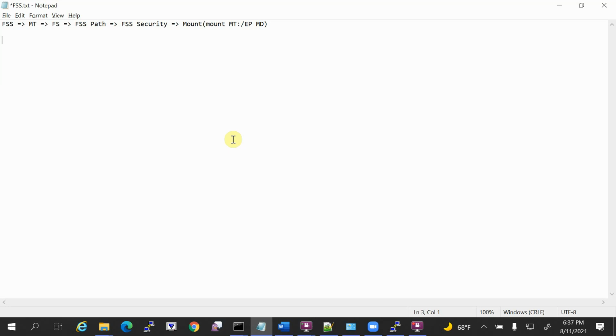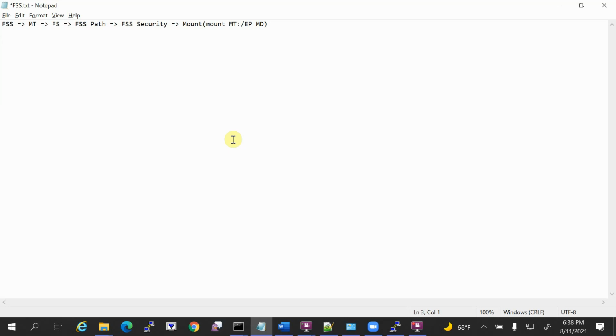I cannot use block storage in all the use cases. I cannot use object storage in all the cases. So each has its own purpose, right?